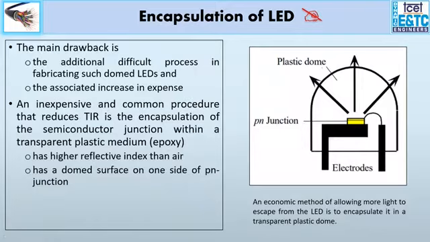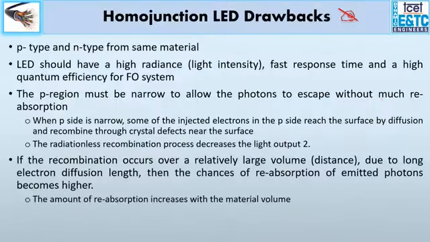So initially, or you can say traditionally, this was a dome kind of configuration of an LED that was being used, which is covered with a dome. The reason for it is to have a critical angle at this point so that maximum light can come out. Otherwise, because the light is coming out from a semiconductor into the air, there are chances of total internal reflection, and less light coming out. So this dome structure is also used to enhance the light coming out from the device. This I have already covered.